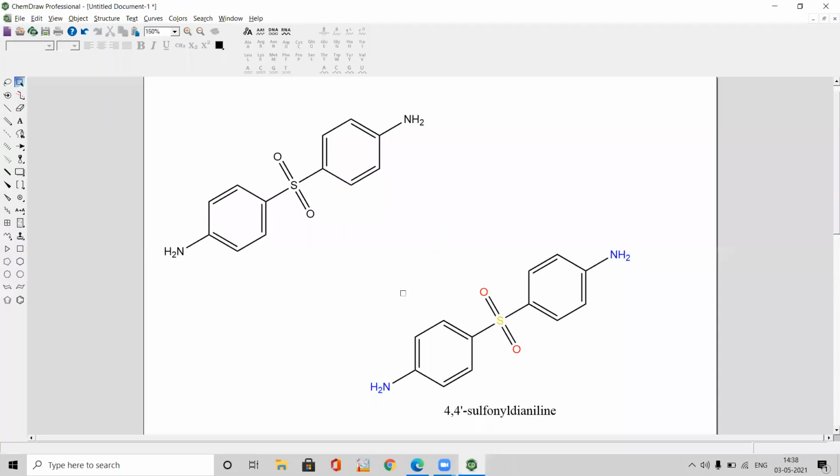We will take a short break. After 15 minutes, we will have another practical session to draw chemical reactions. In that, we need to draw the arrow mark. Above and below the arrow mark, we need to incorporate the reaction conditions: any reagent you are using, any catalyst, what is the temperature, how much time you need to reflux, whether you need to grind or mix at room temperature, stirring at room temperature. All these things we need to represent in a chemical reaction. So we will see how to draw chemical reactions.